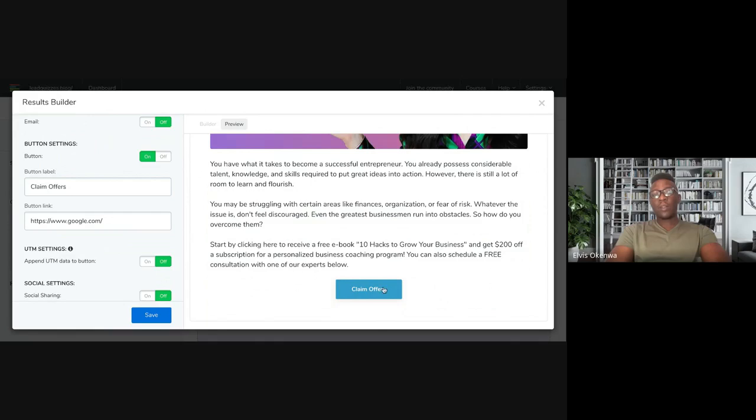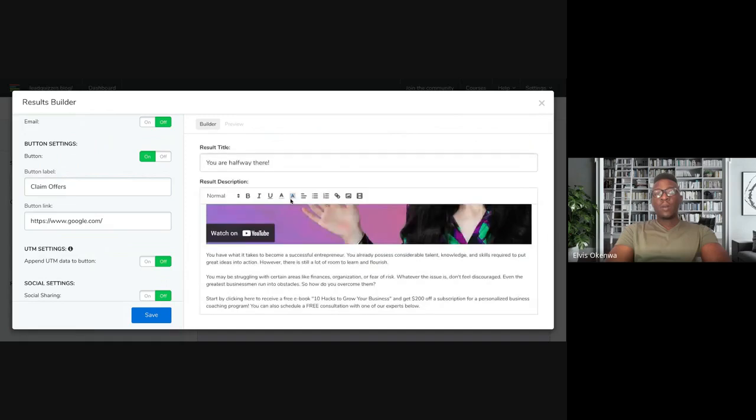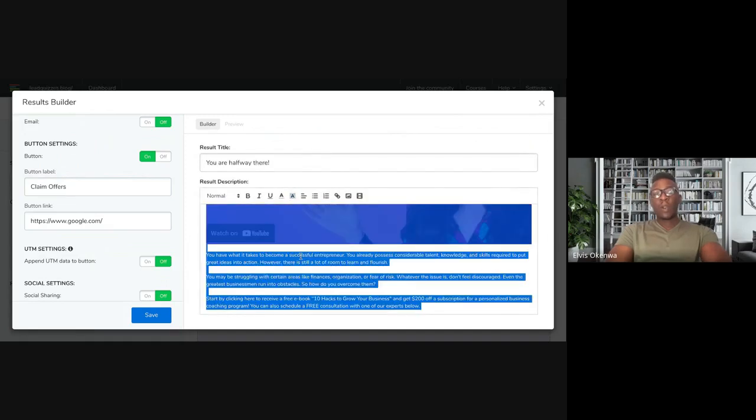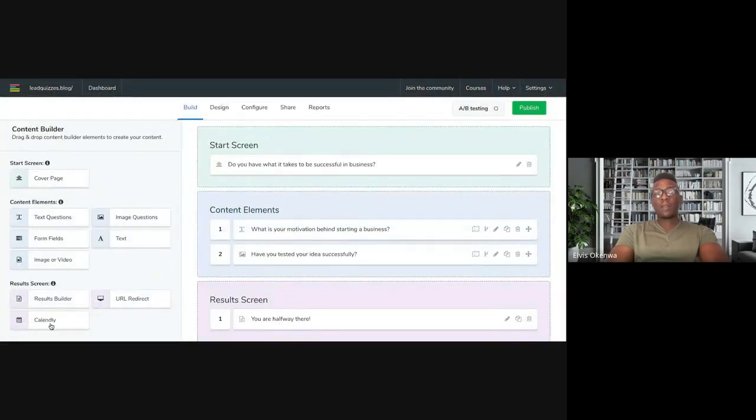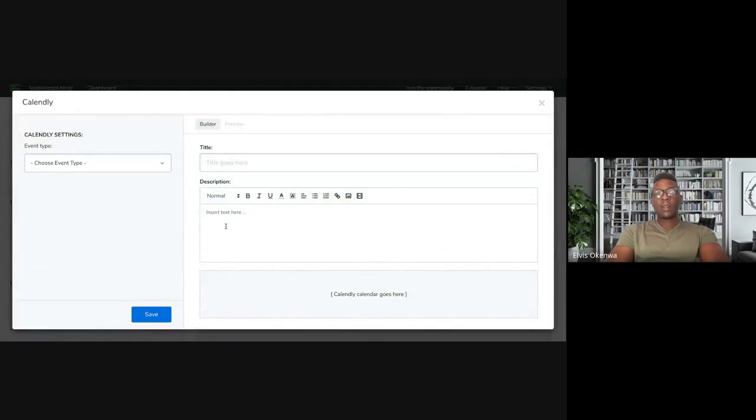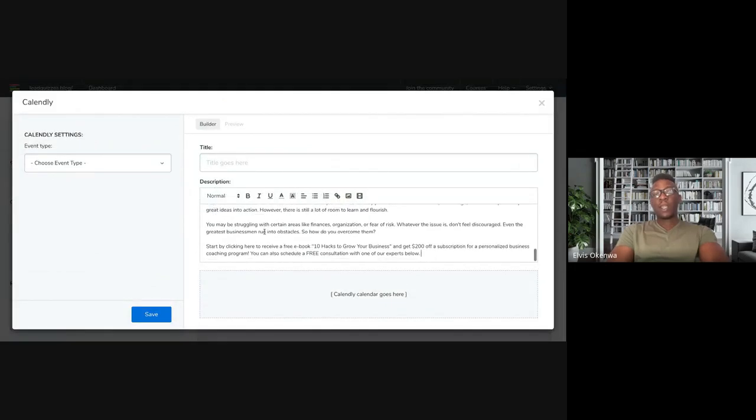But also, let's say you want to incorporate your Calendly into this. Now, what you do is you use the Calendly results builder. You drag that in here. Now, the text, you basically incorporate what you did